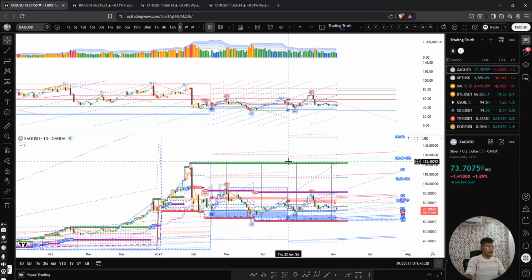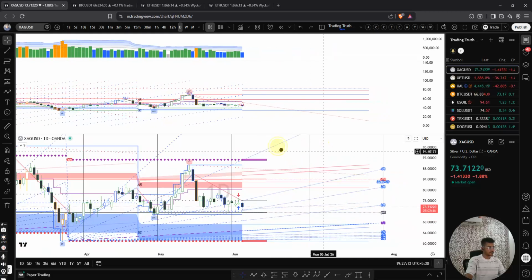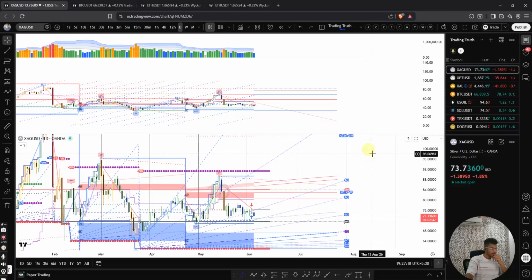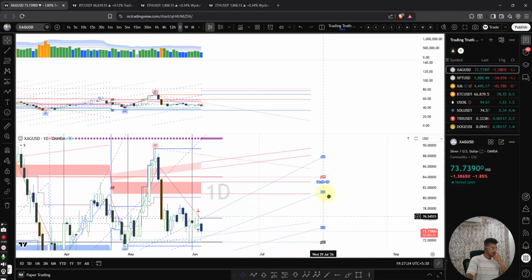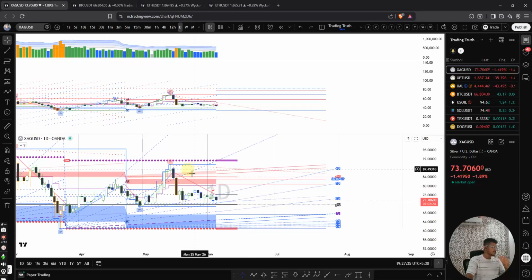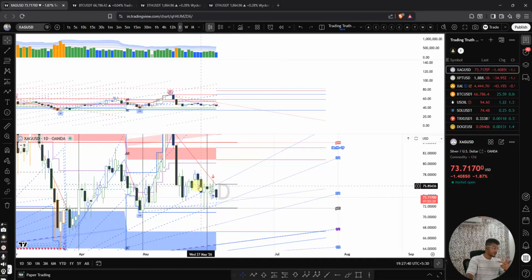XAZ. This is silver. Okay. Silver taking support on 3/1. See, like this trend line, how it works, once the market tests that, it will try to go to the next trend line, but if it's not, then it's going to go to the next angle on the downside, right? You see here,